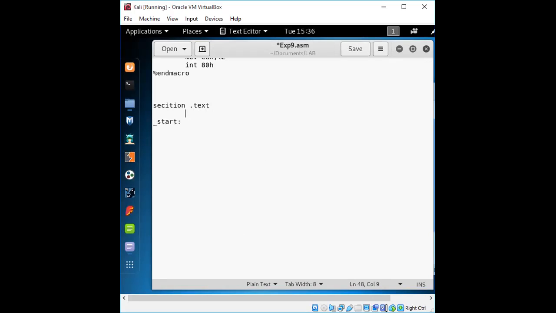Sorry, it will have the global, global underscore start. Right, so here also we'll display the message. Right, so wherever required, we'll take the help of the non-overlapping block, which will be common. Okay, so that is before transferring.